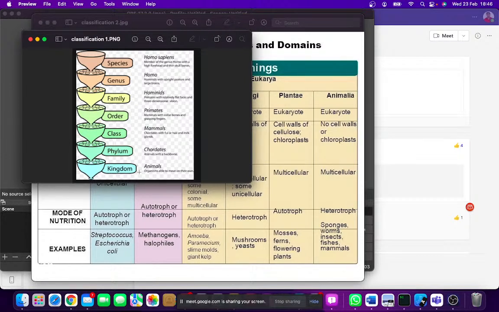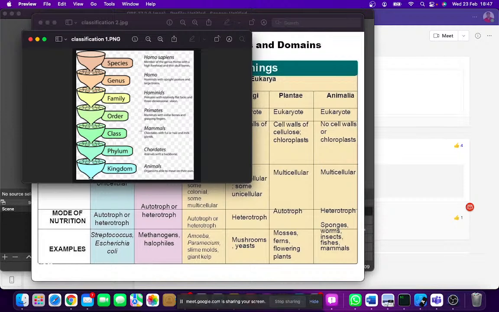So you see that as the classification level goes up from kingdom to species, or as it goes down, depending on how you placed it, the number of animals or the number of organisms in that very level of classification reduces. So the number in species is actually just one organism, human beings, under this. But when you get to genus, it's expanding, family, it gets bigger, order, it gets bigger, class, it gets bigger, and that's actually how it works. So you need to take note of this.